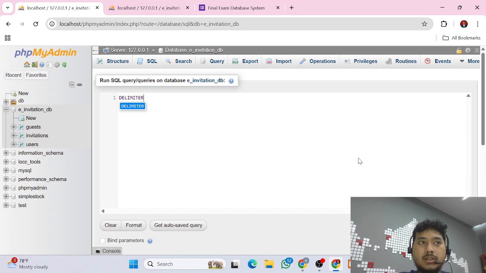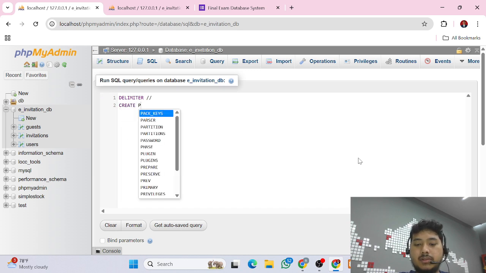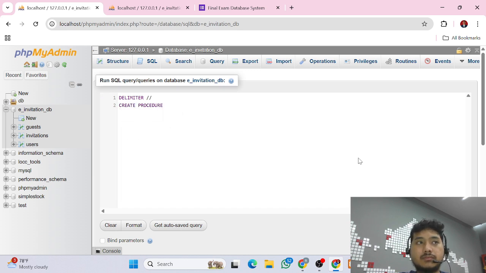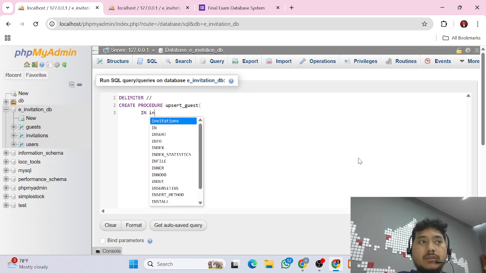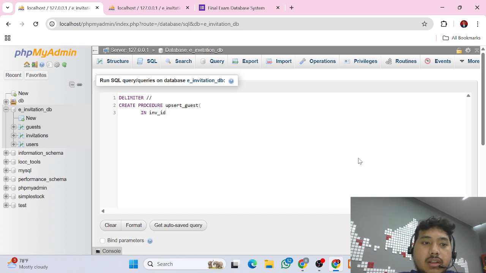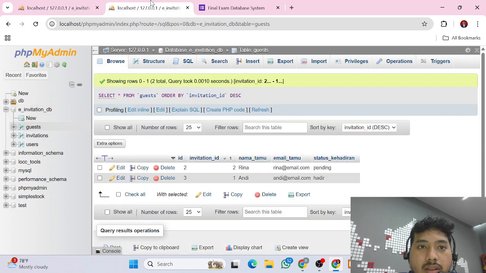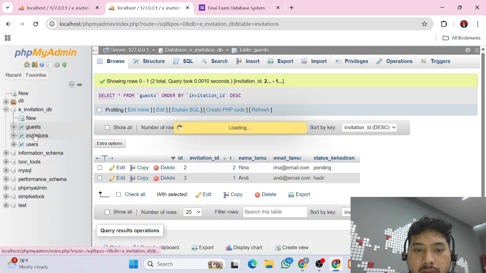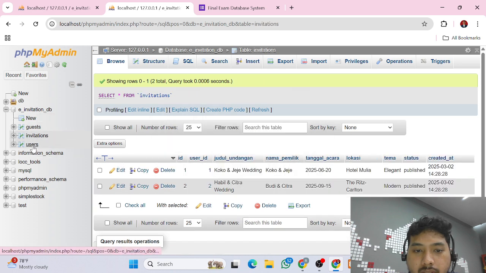Okay, delimiter, create procedure upsert guest, in invitation ID. Okay, I will check the row in the table first because I don't want to repeat my mistake.